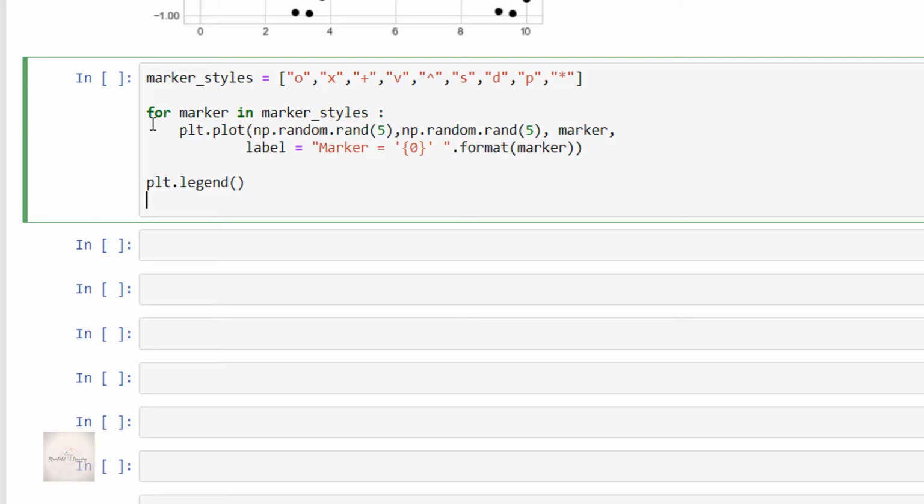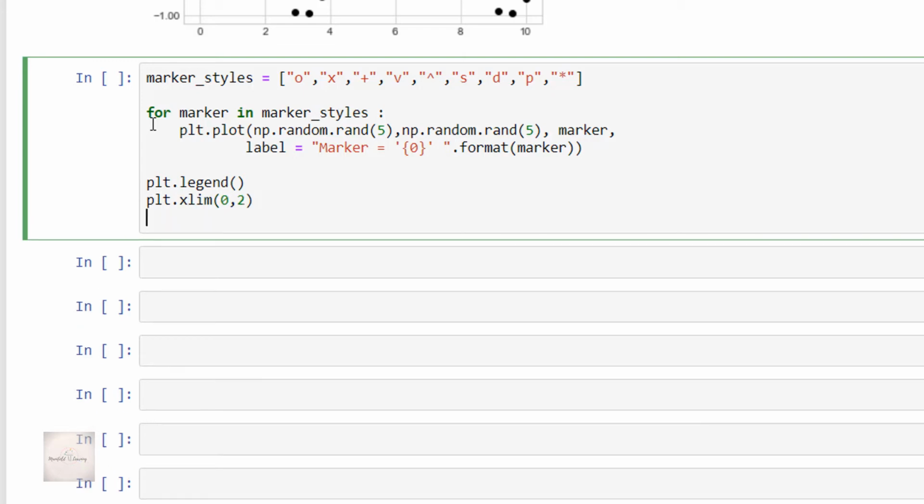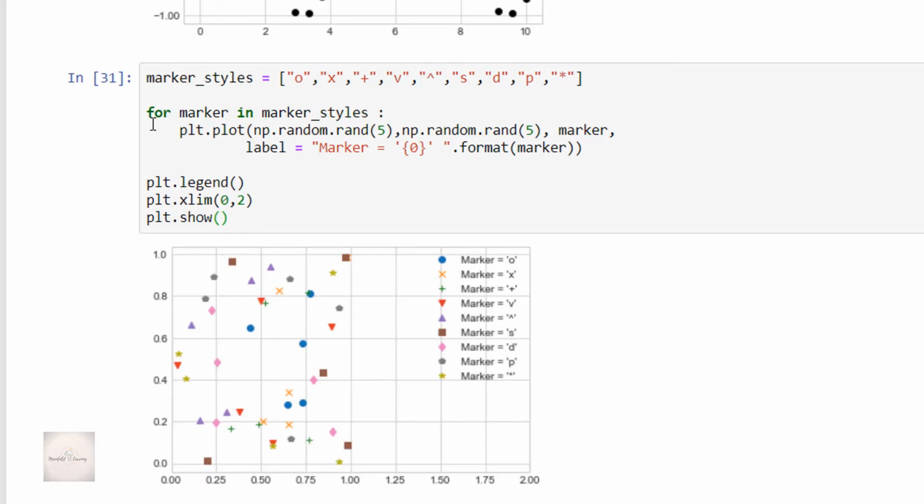So I'll write plt.xlim of 0, 2, and then plt.show. Let me execute this code cell. Yes, this is the output, and these are some of the commonly used marker styles in scatter plots.